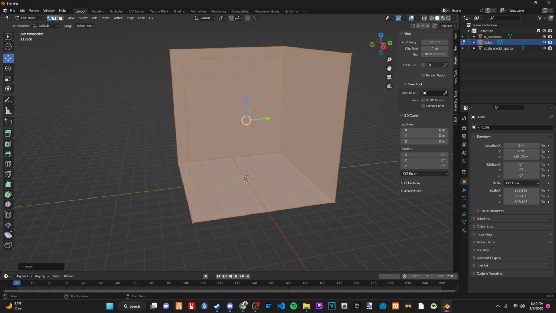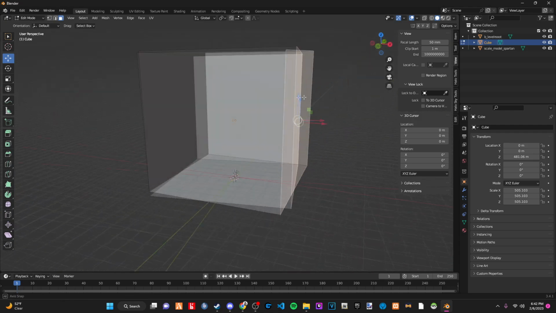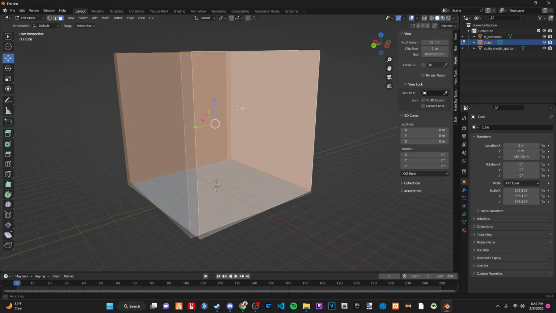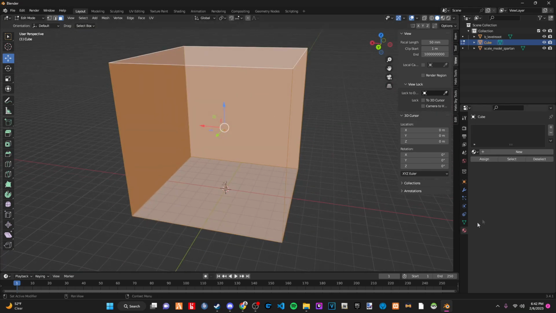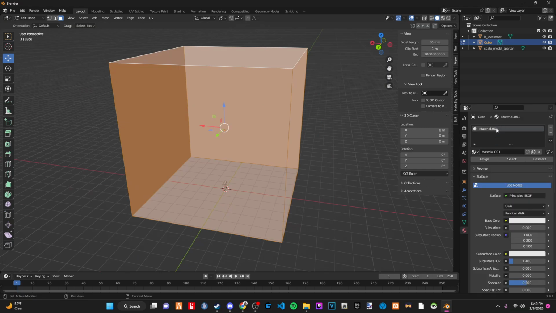So what we're going to do is hit number 3 on our keyboard. So we have face selection, and we are going to select all these outer faces and the top one. We are going to go down here to this material ball and assign a new material. And we're going to name it plus sky. And we're going to change the base color. You don't have to do this, but I do it just because I like a reference of knowing what my